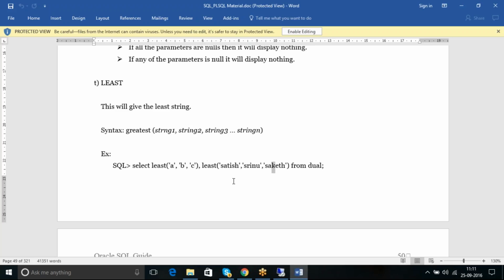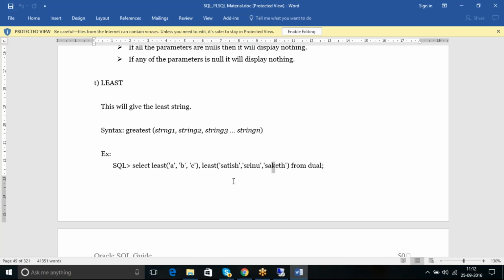Compare T and K, which is the lowest value? K are bigger or T are bigger? T is bigger, K is lower. What is the lowest value now? Saket. So now you understood, right?